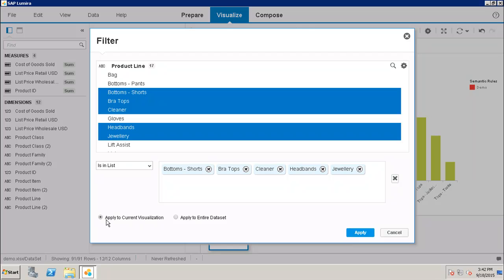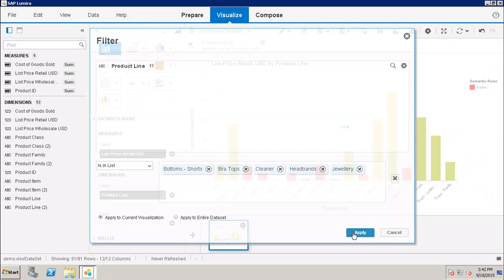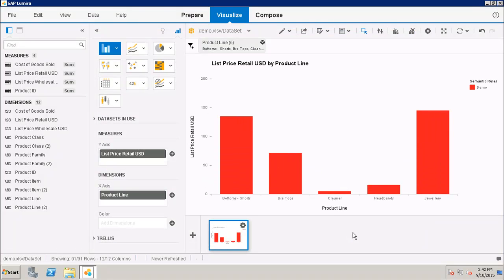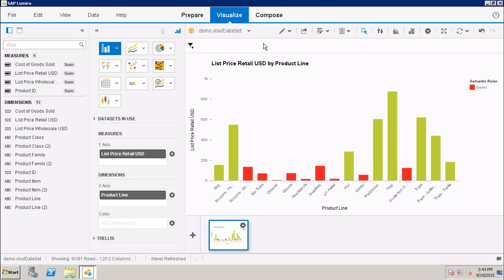So here it is asking again what I want to apply this filter for. Do I want to apply it to the entire data set or I want to apply it to the current visualization? I will click apply. So I can see here that I only got those product lines which I have selected in my filter in the chart. All the others are filtered out. Similarly, if I want to remove this filter, I can remove it from here.